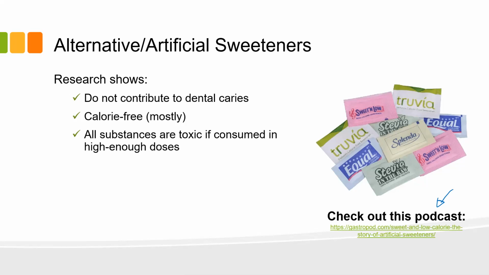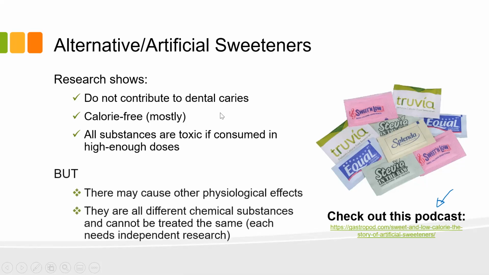There's all sorts of compounds that we consume on a daily basis that, if we had them in high amounts, would cause us all sorts of toxic effects. And these are the ones that are often cited by people who are against artificial sweeteners, not understanding that the concentrations are completely unrealistic. There may be other physiological effects, and I'll play a video here in a moment about diet sodas, because there are some things that we don't understand, and there are effects on some people who consume a lot of it.